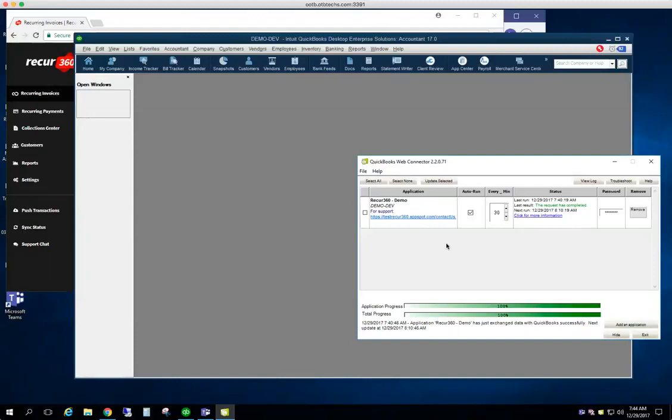And on this demo, I'm going to show you how you can move the QuickBooks web connector that connects QuickBooks and Recur360 from one desktop to another. The nature of the web connector is it can only be running on one PC, and there can only be one connection between Recur360 and QuickBooks. So if you are getting a new computer, or you just want to move this to a different computer,